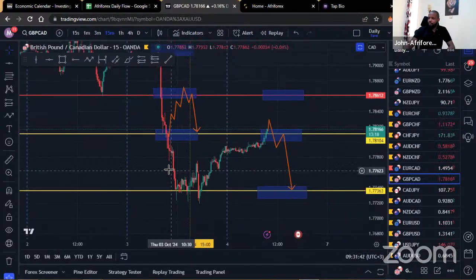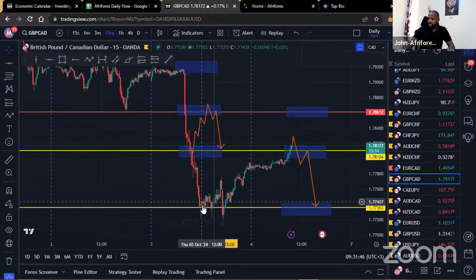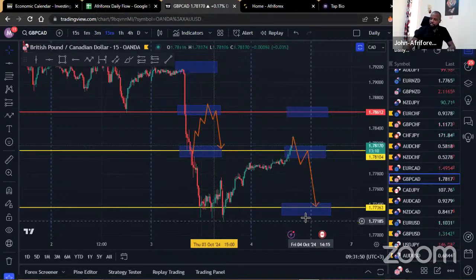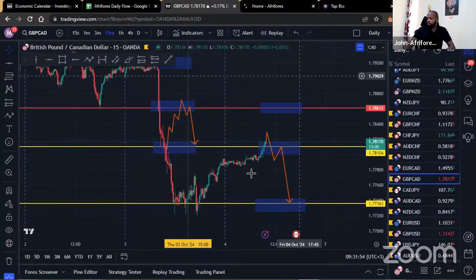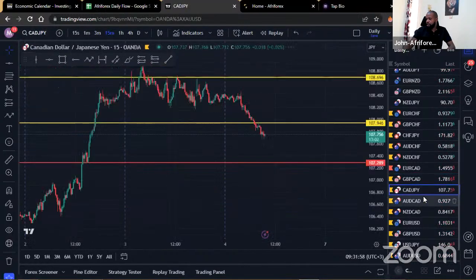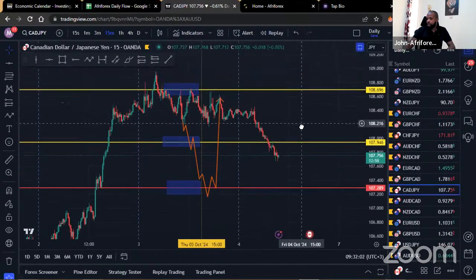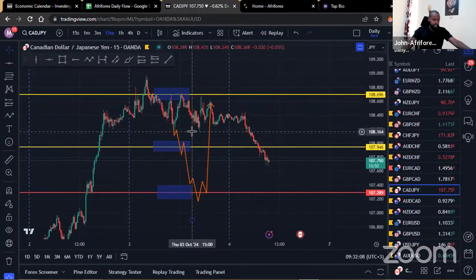But of course, we're still going to be keeping our eye on the ball, because based on the fact that you can't see that the sellers came down aggressively, we're still expecting possibly to see the sellers maybe come down and challenge this region to the downside. So we'll be waiting for that turnaround within that region right there. But also remember the red SNR at the top. That's going to be the last area where we will be trying to see whether we can get our last and aggressive selling opportunities.